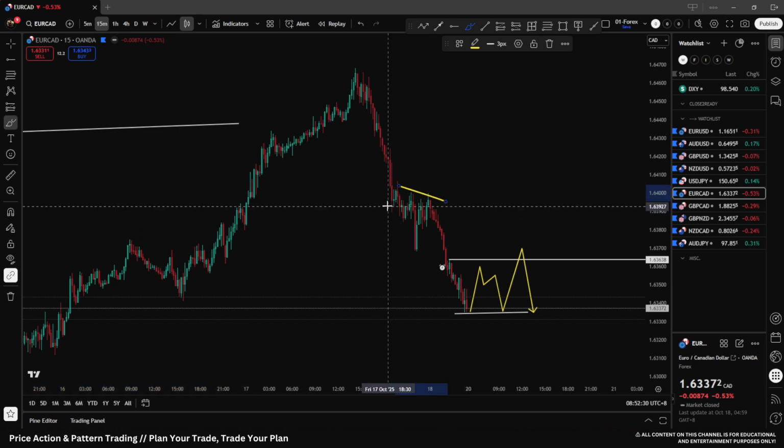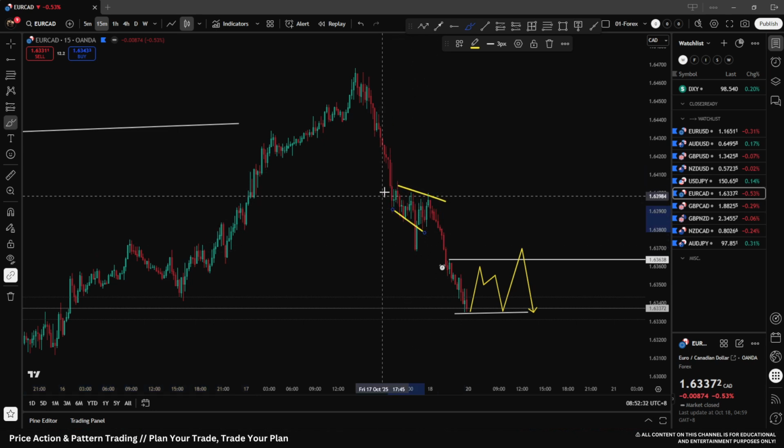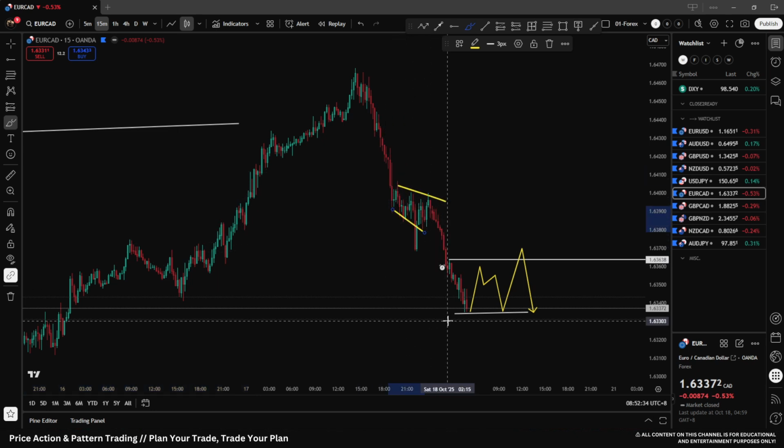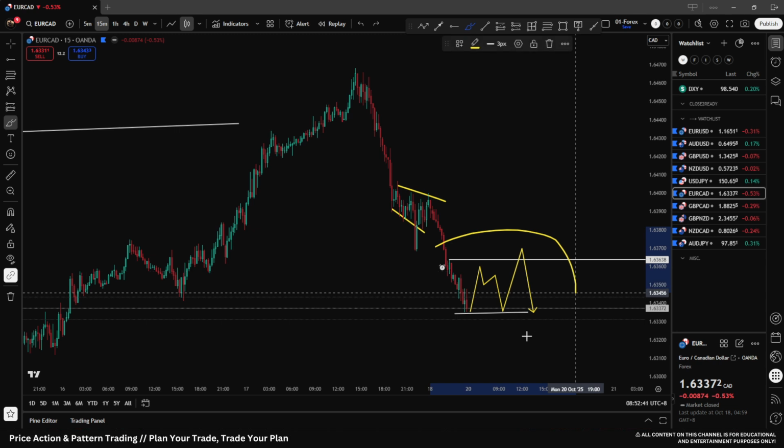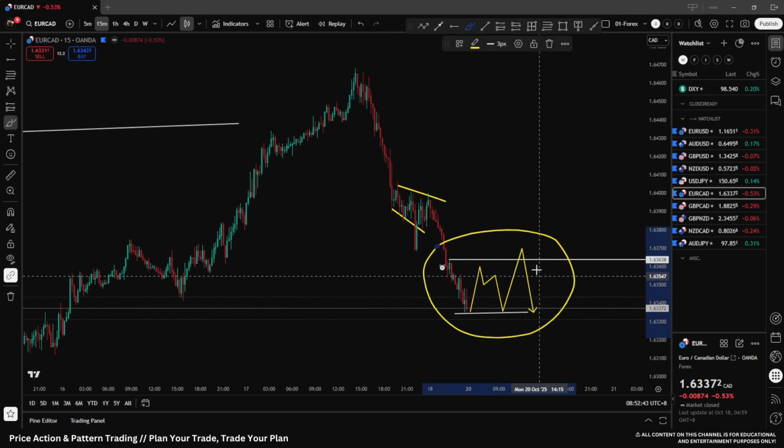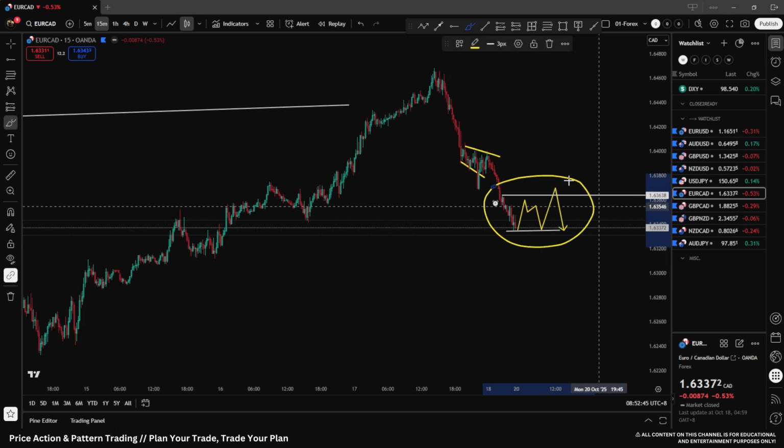We had here the first smaller corrective piece of price action and then the dropout, and we are now in a slightly corrective price action here, but this is very low time frame. I'd like to see at least a 1-hour bear flag continuation structure to then enter a short and continue to the downside.